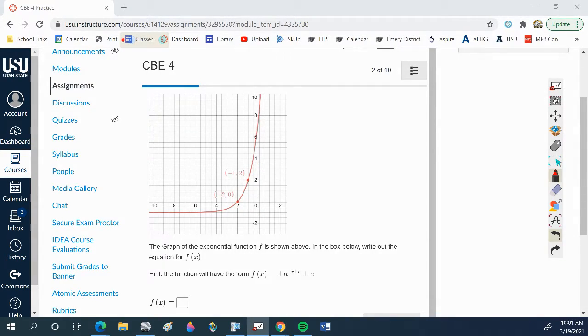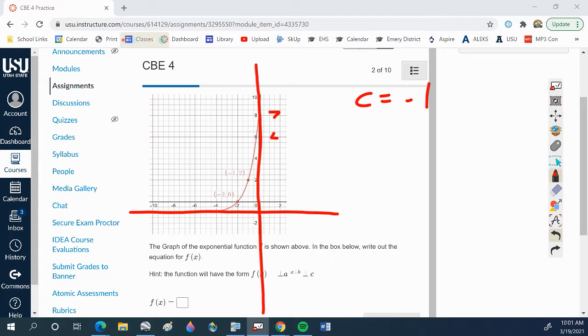Okay. Easy way first. What direction did this c value move the graph? Down 2. So I know that c is negative 2. Or, sorry, it's not 2, it's 1. So c is negative 1. I'm going to redraw my graph. Okay. Which means this 8 is actually a 7,